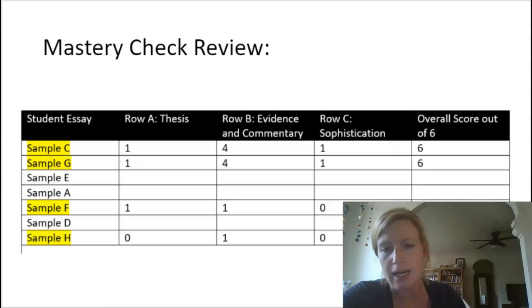Before we get started today, I do want to take some time to review the mastery check from yesterday. Yesterday, you were asked to read several student essays and score those essays using the rubric. I am going to go over 4 of those essays, so you might want to have your classwork from yesterday's lesson, Unit 2, Day 1, open, just to check and make sure that you're scoring it correctly, that we're calibrated